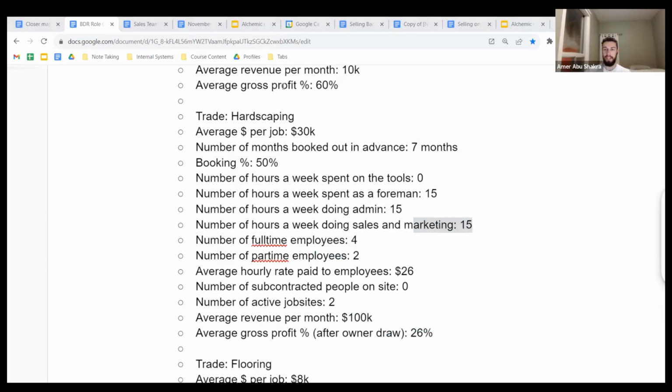Once you've booked the job, the very next constraint that is unlocked, so we go marketing, sales, the next thing after that is hiring. If you're the only person doing the work, well, you've kind of hired yourself. That's why a lot of times when we have contractors coming to us, they say, Amber, I feel like I don't really own a business. I own a job. And a very big reason for that is they're the only employee in their business. So they're just doing absolutely everything.